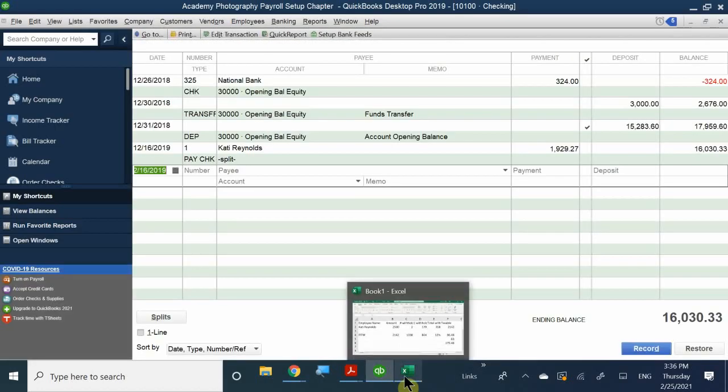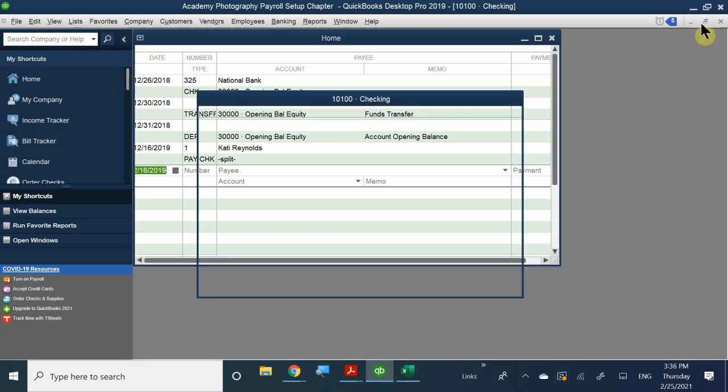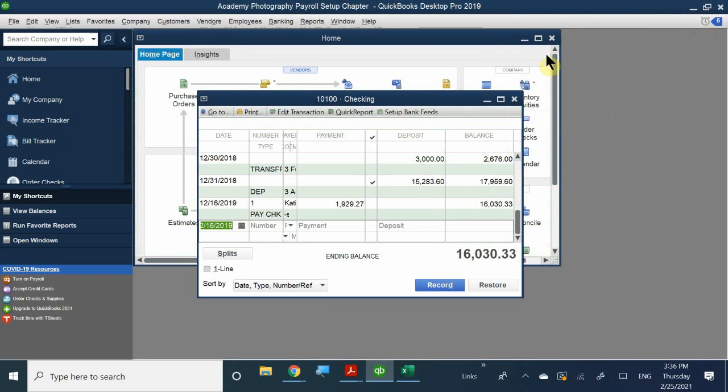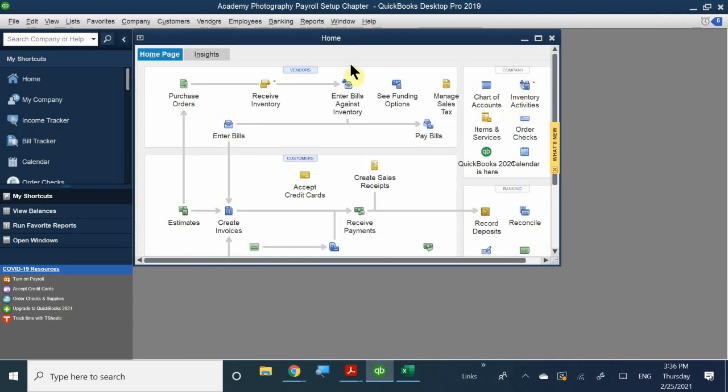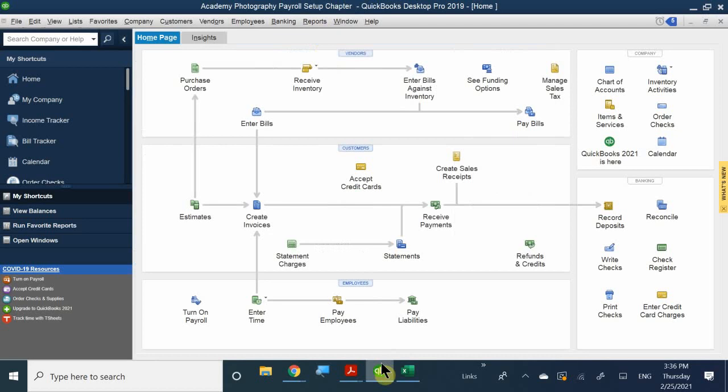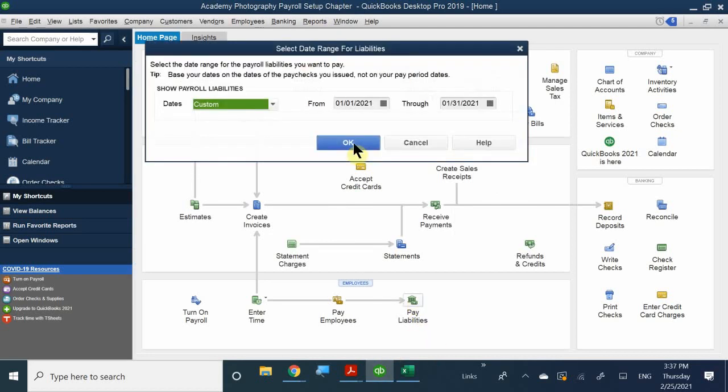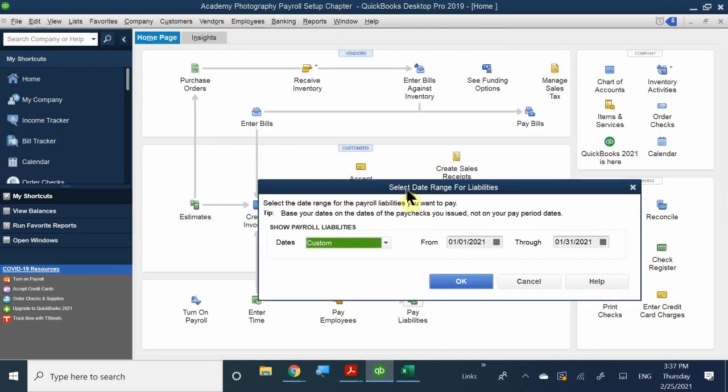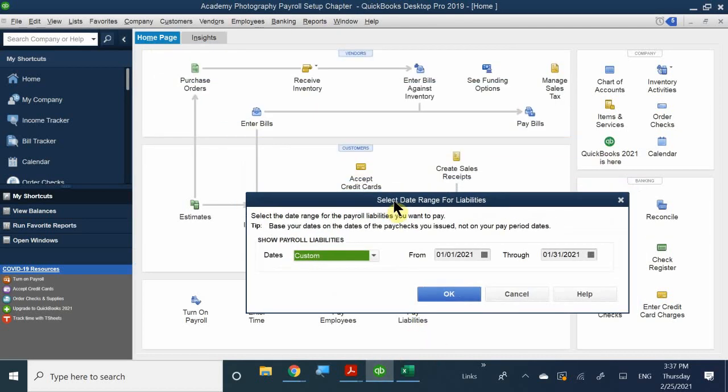Okay. And again, as I pulled up my checking account, there it is, my paycheck for Katie Reynolds. Yep. Same thing here too. If I want to make a payment to my liabilities, let's say, because just like before, I need to make a payment to my liabilities, I could go ahead and click pay liabilities. And then it gives you this window saying, which one you want to pay for? You want to make a custom payroll for liabilities, or do you want to